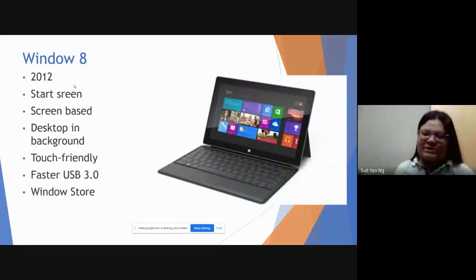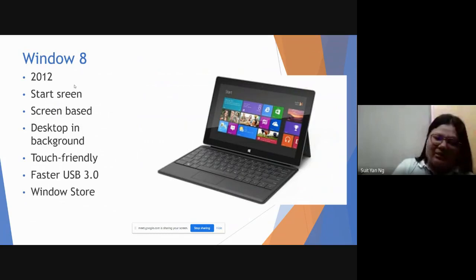This version is more focused on the redesign of the start screen, into a screen-based desktop background that is touch friendly, because this version needed to be applied on tablets in 2012. It also introduced the faster USB 3.0, and the Windows Store was applied in this version, but it was still not default. And then the Windows Store became default with the small update of Windows,